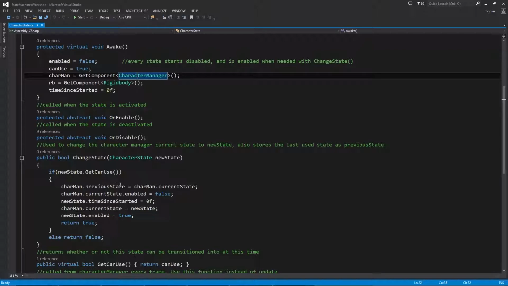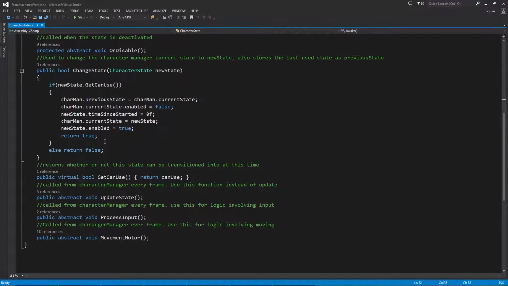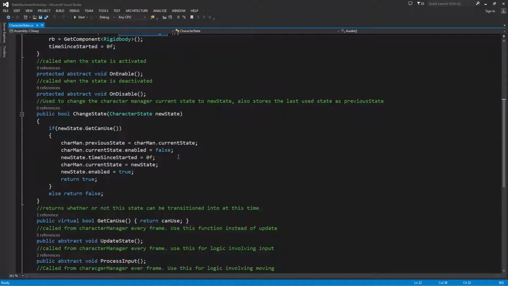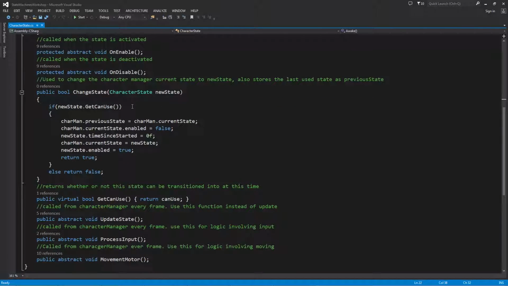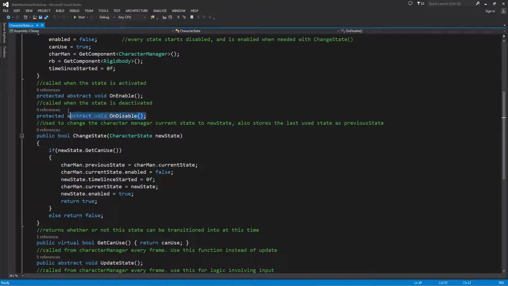All right, so what's really important about states are these abstract functions down here that I haven't really implemented yet. So there's sort of the main 5, but of those main 5, there's 3 that are even more important. First, we'll go over enable and disable because you're already familiar with those. So these are just the typical textbook Unity on enable and on disable. Those get called by Unity on its own when this component is enabled or disabled. So those exist because of Unity, but we're going to sort of hijack them for ourselves and